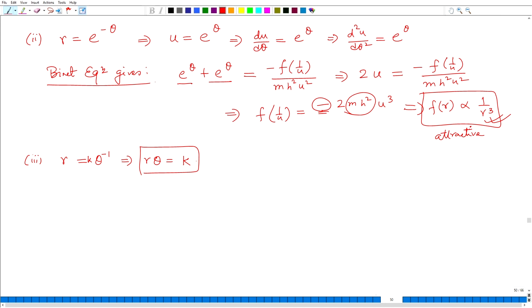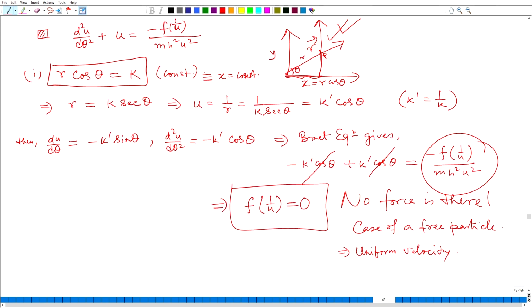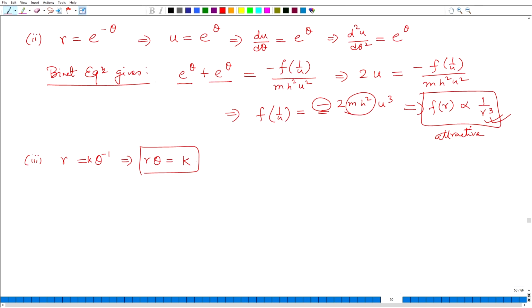Here what we are doing is starting from a trajectory and finding the force law. We can actually do the inverse, which is a little bit trickier, and from case to case you have to really check whether you can do the integration smartly by analytical process or you have to do it using numerical methods. So, if you have r theta is equal to k, then you can actually write u is equal to